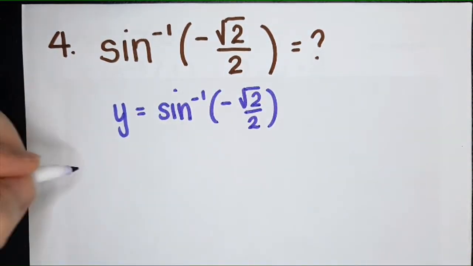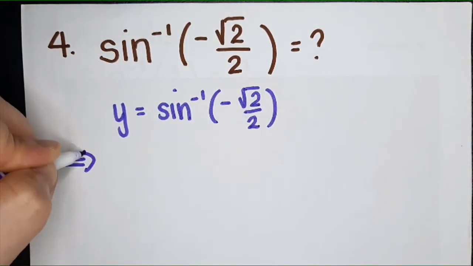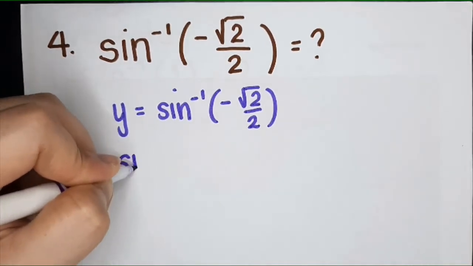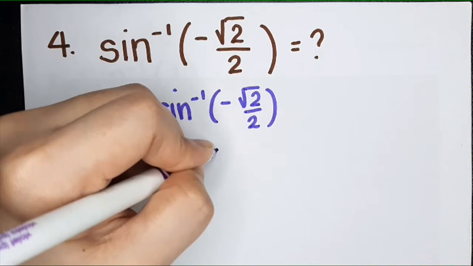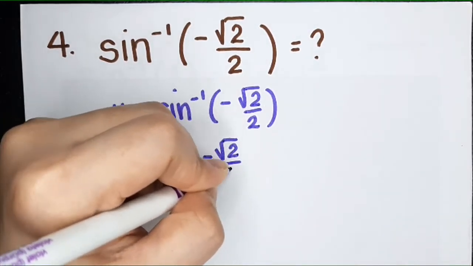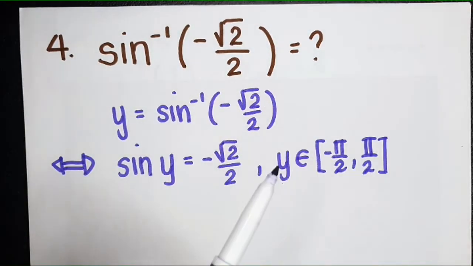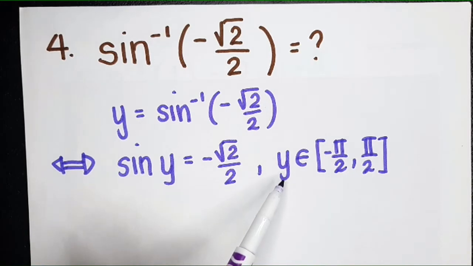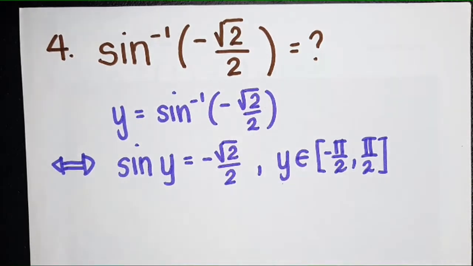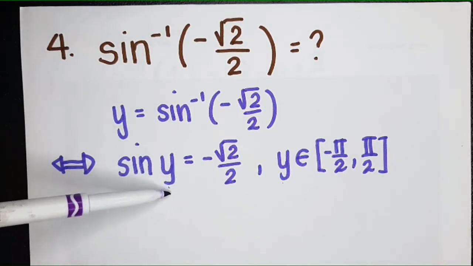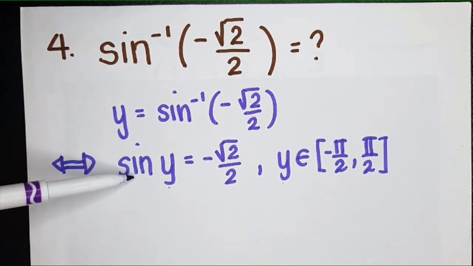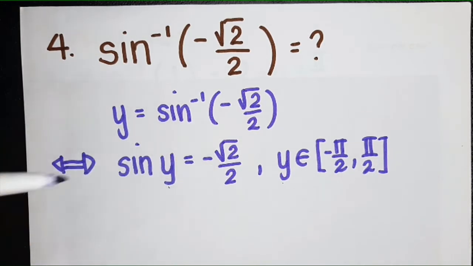Or equivalently, we have sine of y equals negative square root of 2 over 2. Dapat ang makukuha ninyong y value lies on this interval. Okay? So, anong angle measure kaya si y na kapag kinuha ko ang sine, ang sagot, negative square root of